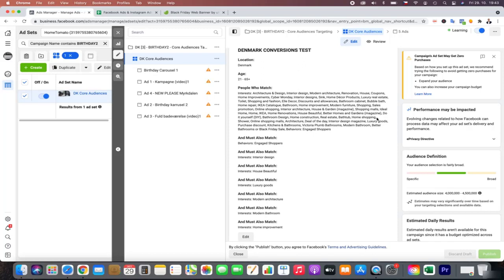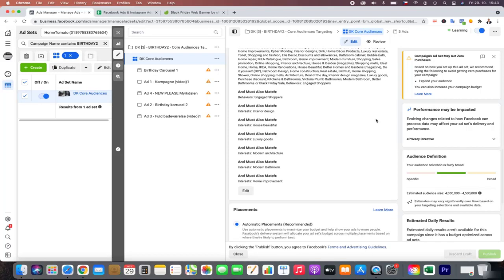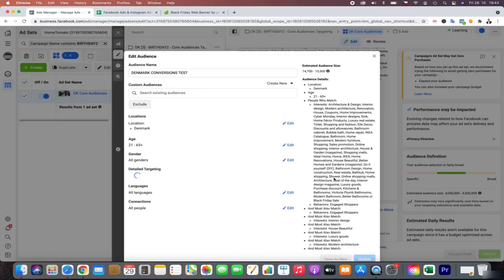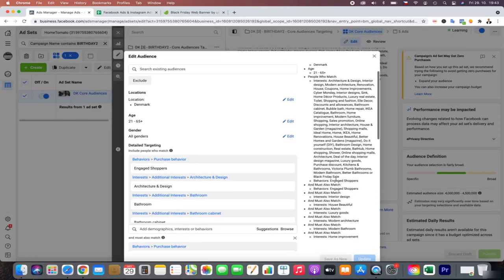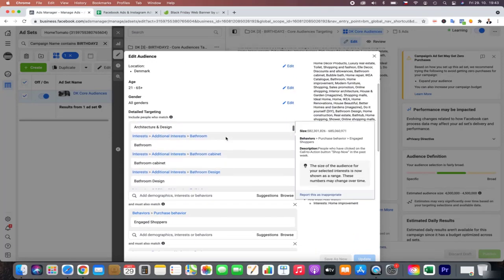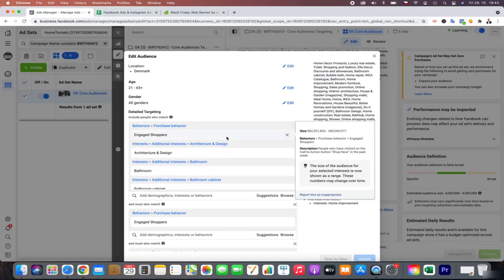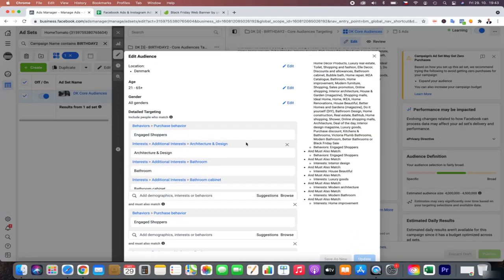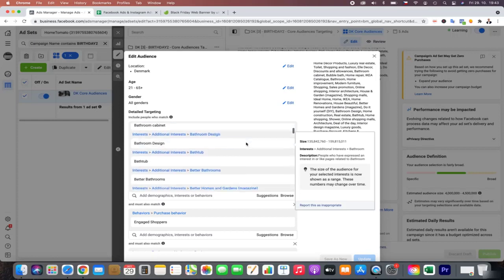Even here, Facebook is telling that this is not so specific, but when I edit it, it's just 15,000 people. It's a quite built-up persona, starting with engaged shoppers and everything about design, bathroom.